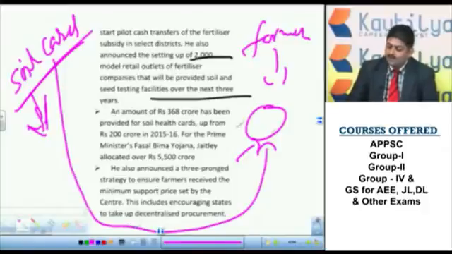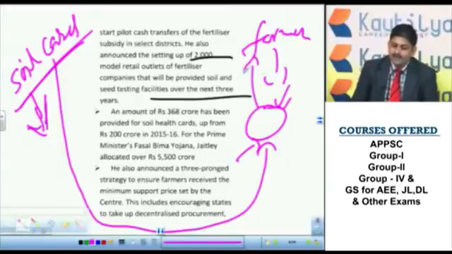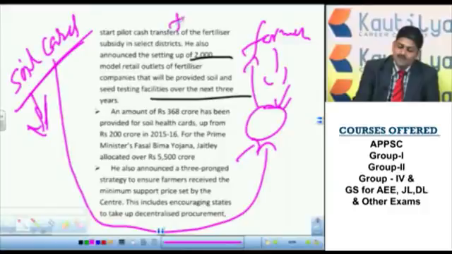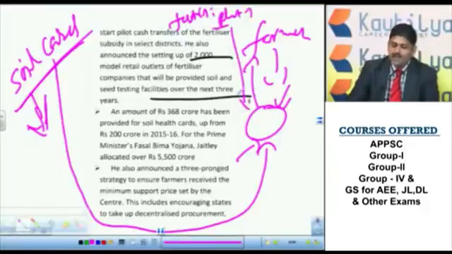So what they will do, the agriculture scientists will come, they will test the soil, they will do all kinds of tests by taking the land, and they will give this card to the farmer where it will be inserted what kind of fertilizer they have to use, and what kind of plants help the farmer in this field. Everything will be given, scientific suggestions will be given to all the farmers across the country.